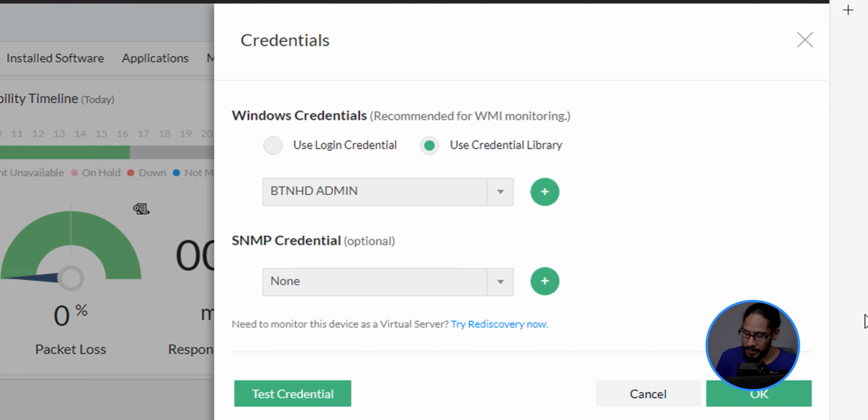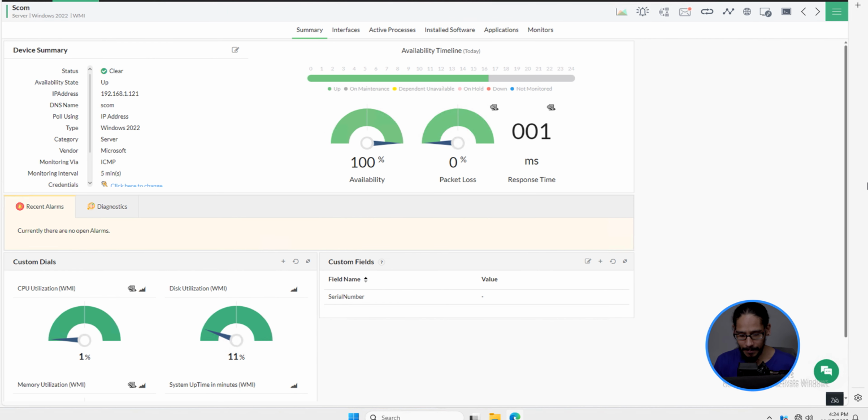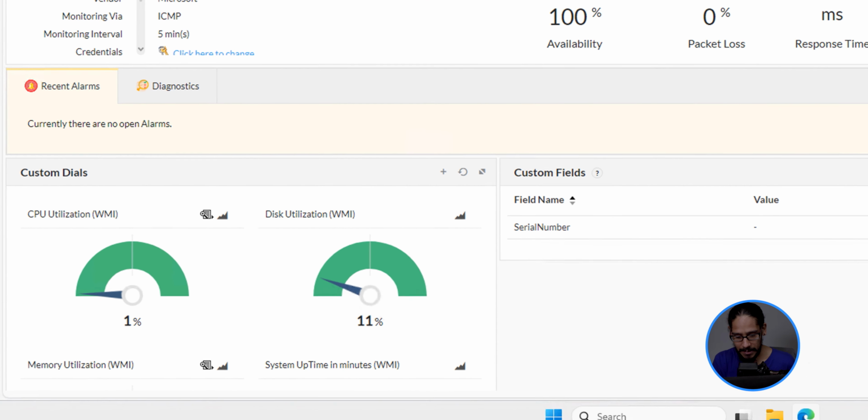By default, it's going to pick whatever account you have. Now, if you have multiple accounts, just click on the drop down to select that credential for that particular server. And because we already created one credential, by default, it is going to be selected, which is great. So we're going to click on test credentials. Once you do that, the sidebar disappears, and then you're going to see stuff pop up.